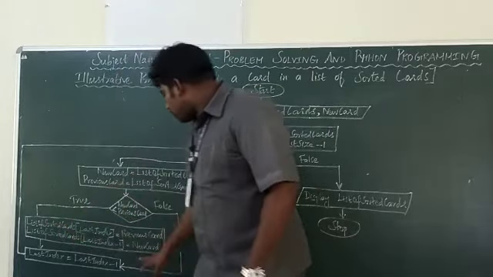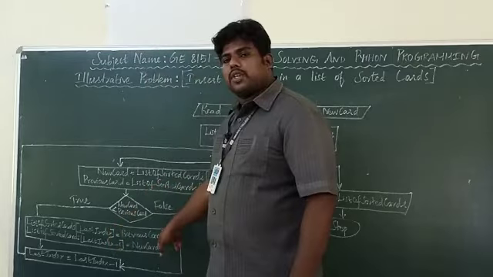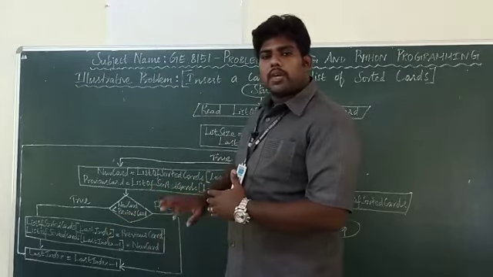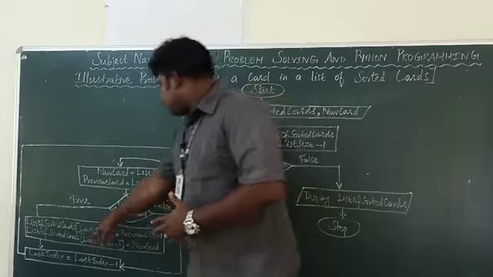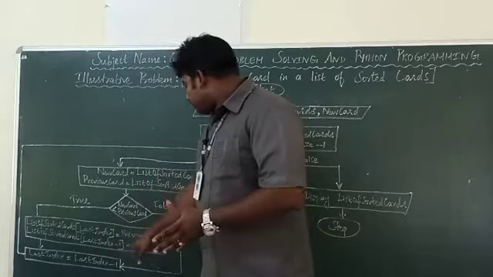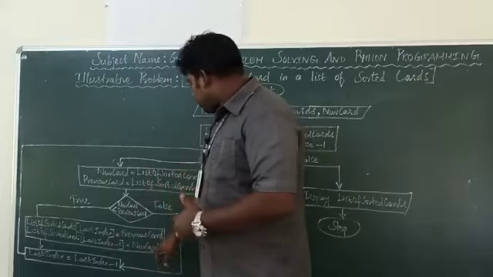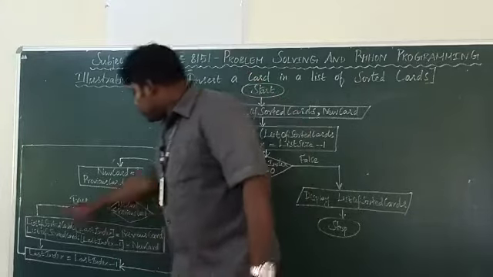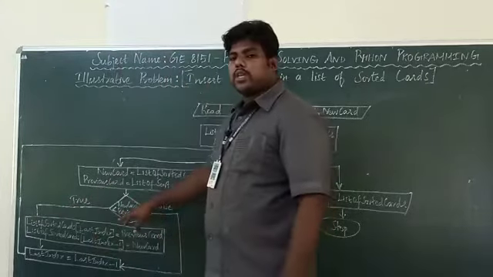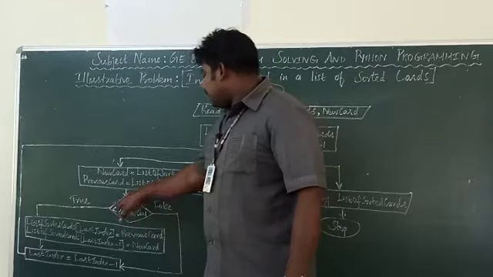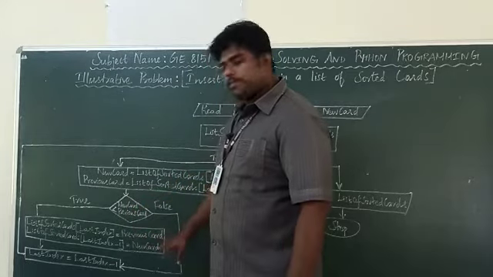How are you swapping? This is the list of cards. Last index equal to previous card. So in the last position you are putting the previous card, and in the previous position, last index minus 1, you are putting the new card. These things come under the computational box, the rectangular box, and the decision will be in the diamond symbol.